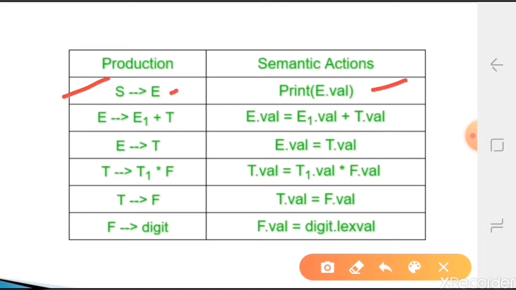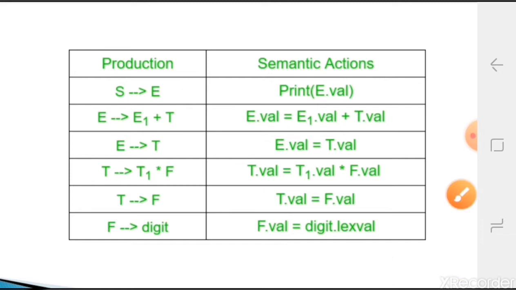Okay, so here, if you saw, the attribute for capital letter E is nothing but E dot val. Val is the attribute used for E. Like that, if you observed, for all of them we are using val only. You can use different names, or instead of val you can write just v, no problem. Whichever name you want to give, you can give. It is a simple attribute name. Okay, here we are referring to it as val.